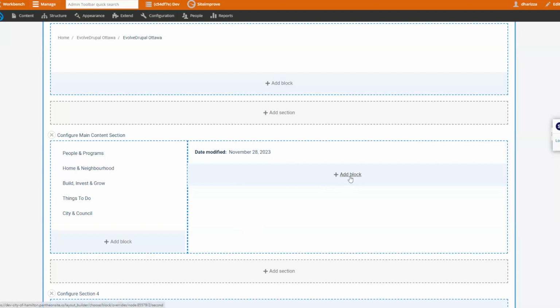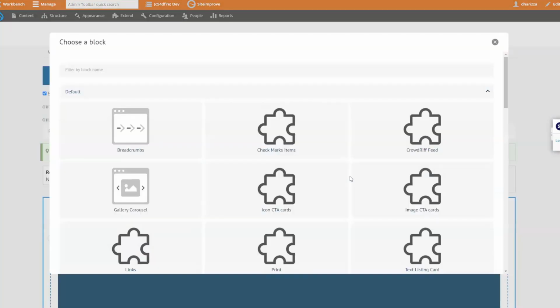If I come here to add block, you can see how the thing has changed now. What happens? No longer a sidebar. Now we have a modal. And some of the main issues we had before was the users had issues knowing what they wanted to add, knowing what they were committing to when they were adding a particular block. So we configured and added certain modules like layout builder restrictions and layout builder browser that allow us to change some of that behavior. So layout builder browser allows us to have this browser in the page